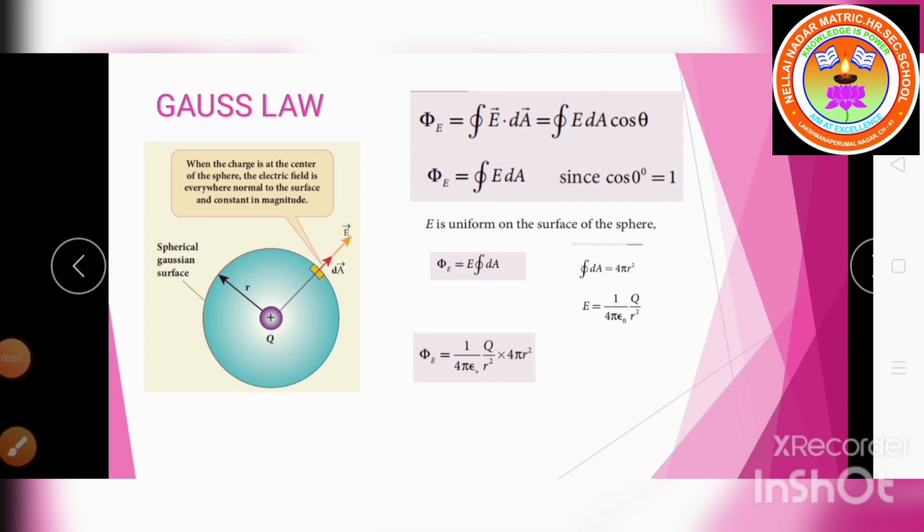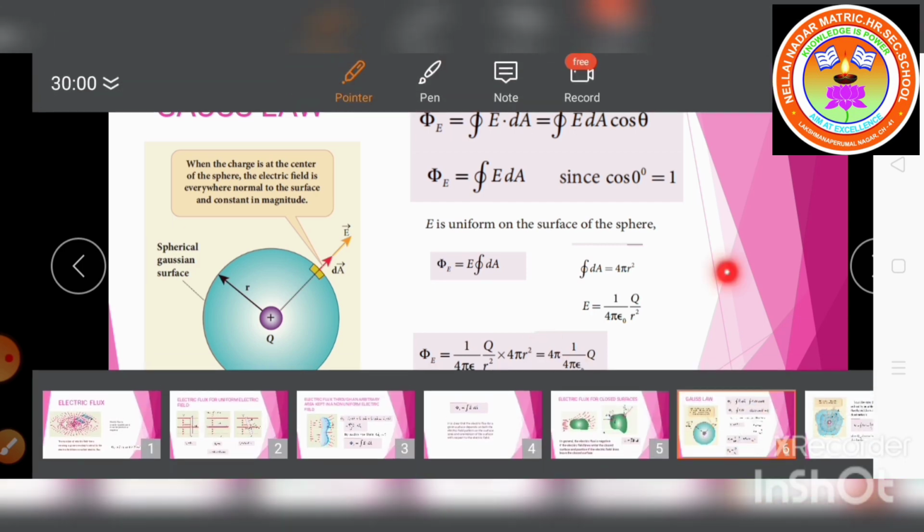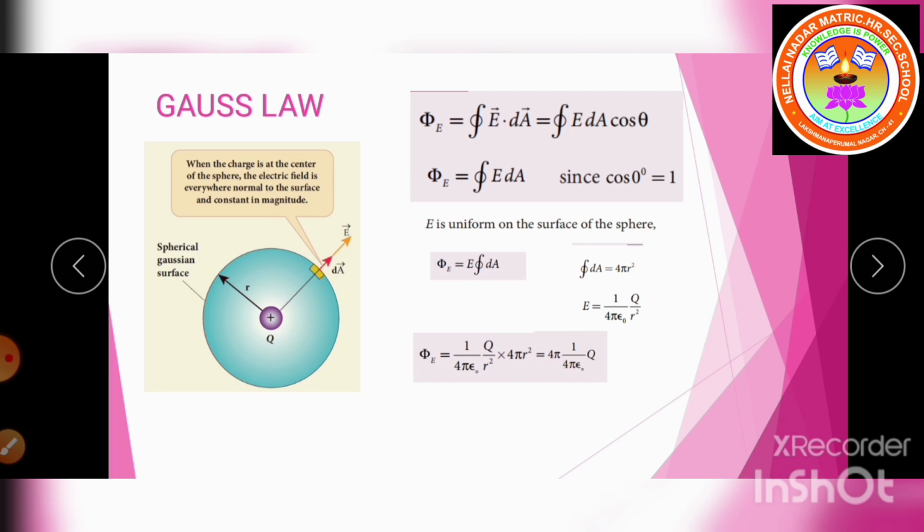So we will get phi E is equal to 1 by 4 pi epsilon naught, q by r square, into 4 pi r square. Now cancel the term r square: the denominator r square and the numerator r square cancel. We will get 4 pi into 1 by 4 pi epsilon naught into q. Again listen children, here the 4 pi in the denominator and the numerator 4 pi again cancel. If you cancel the 4 pi, we will get the answer phi is equal to q